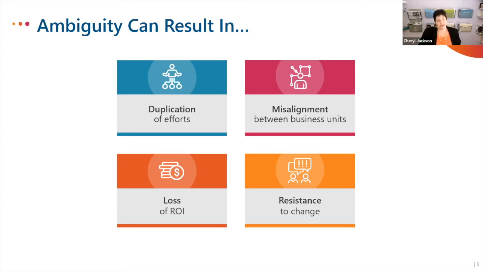We work with clients right now that have a number of different change components and change initiatives going on at the same time. And we say, how do the employees know that these are not the exact same program, or what's different about them, or why they should attend this one versus that one, or should they attend both? What's the message? And is there anyone tying these together? And they say, no, there's really not. There's no one connecting those dots for anyone. And so when we look from the outside, we say, wow, is there a duplication of efforts here just on the initiatives that are being rolled out? And then from the